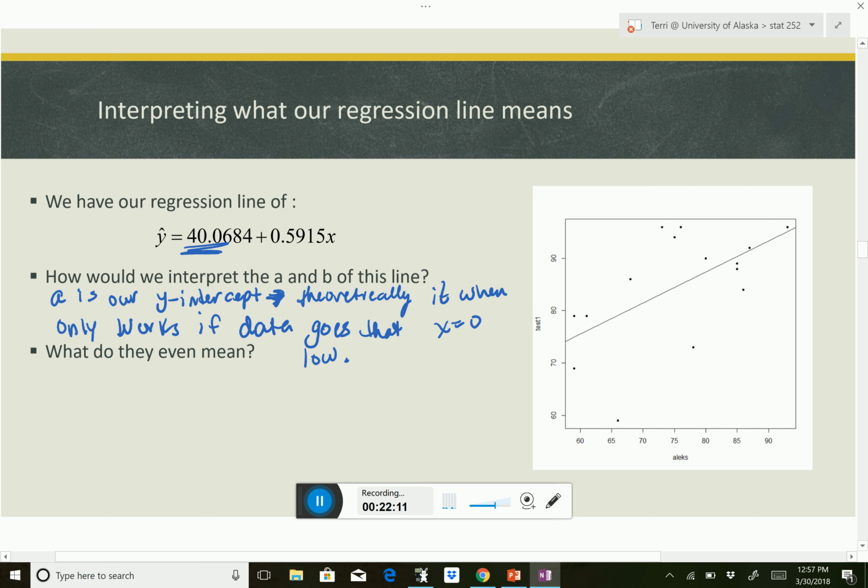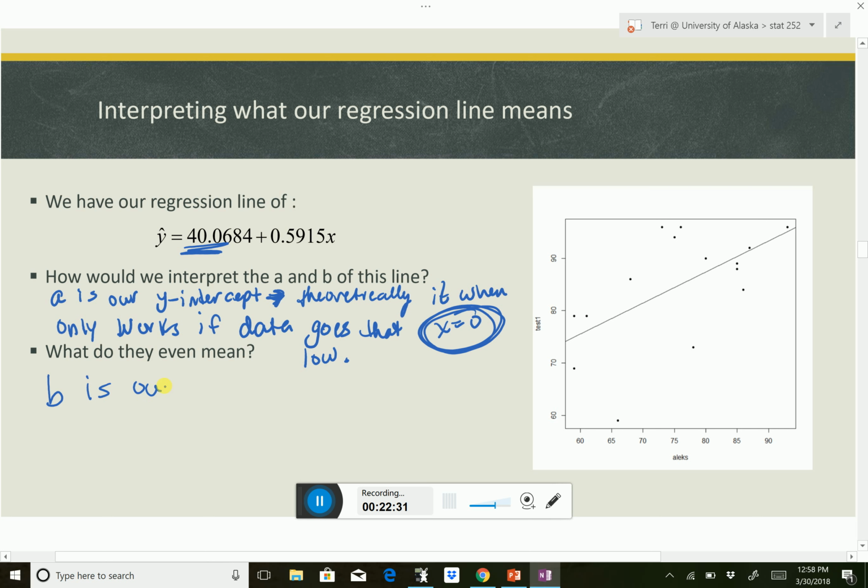If the x coordinates that you have don't go to 0, like this one doesn't even get close, it would be way over here, then you can't just say what someone would get if they got an ALEKS score of 0, because you really just don't know. So b